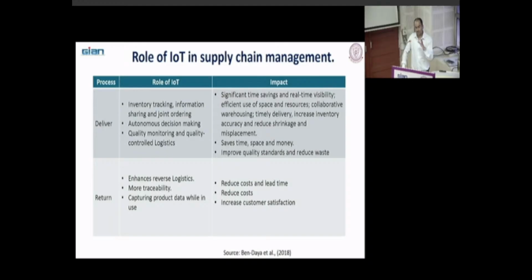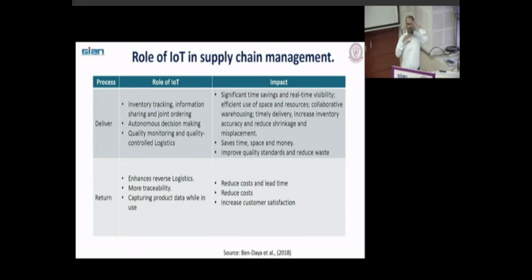During cold chain logistics, you can maintain the temperature. Normally we think we can just get to know the temperature inside that truck, but now with some advanced IoT devices, you can manage the temperature inside that vehicle as well.